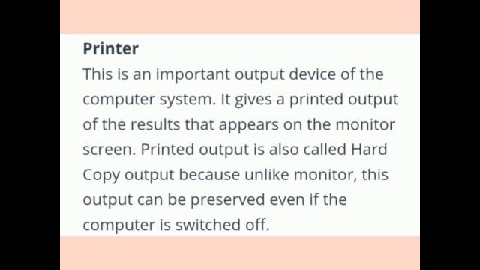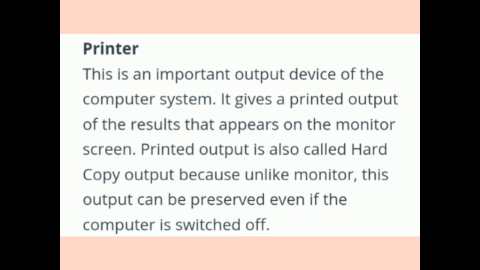Next is printer. This is an important output device of the computer system. It gives a printed output of the results that appear on the monitor screen. Printed output is also called hard copy output because, unlike the monitor, this output can be preserved even if the computer is switched off.